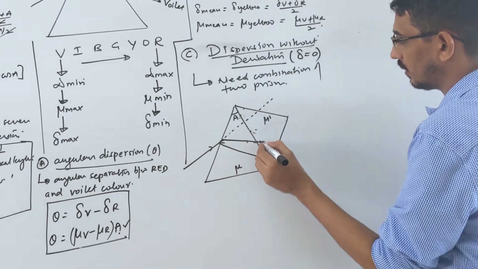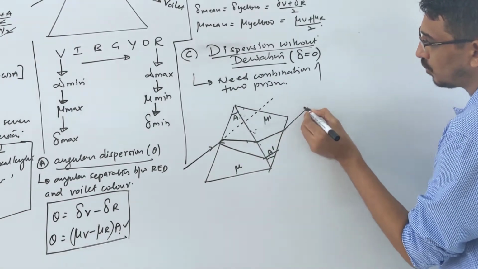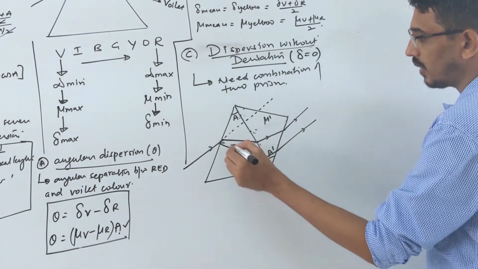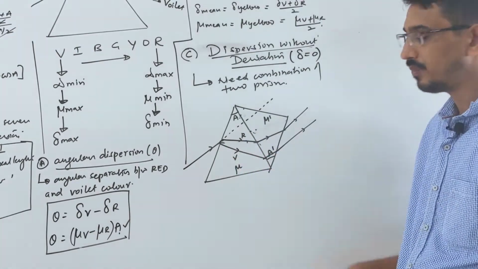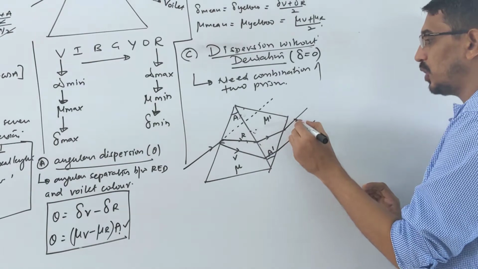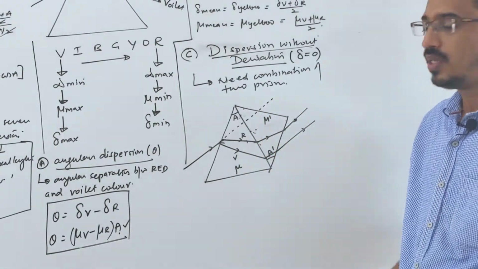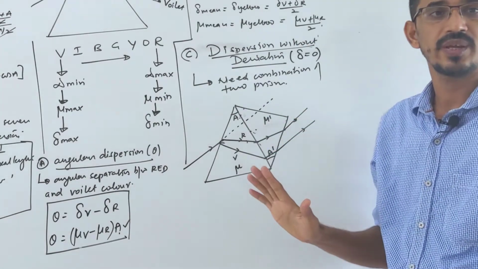Like that. Okay, so light colors here like that way. Then the final ray when it comes out, it should look parallel to what? The initial direction. Look here, it's split into colors. I'm drawing two colors, red and violet. When coming out from the second prism, these should be parallel to the initial direction, so that the deviation becomes zero. But the split into colors remains. So dispersion is happening, but deviation is not happening.